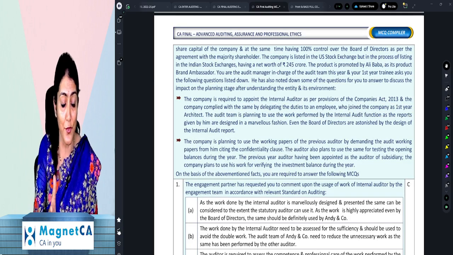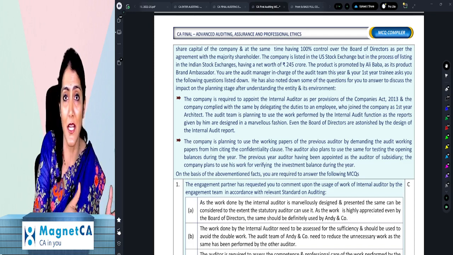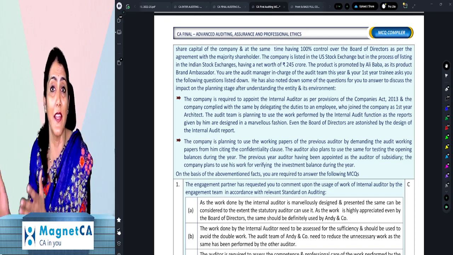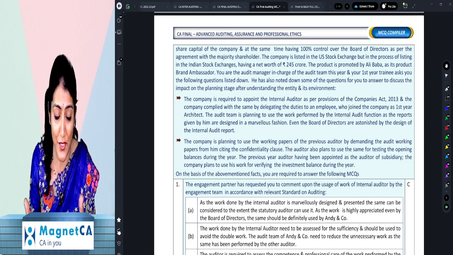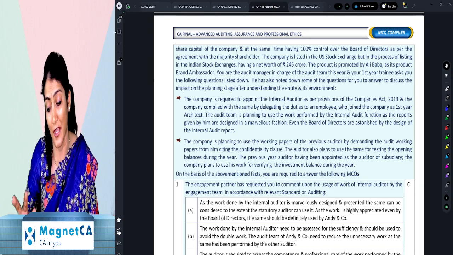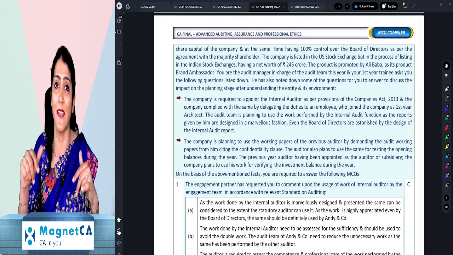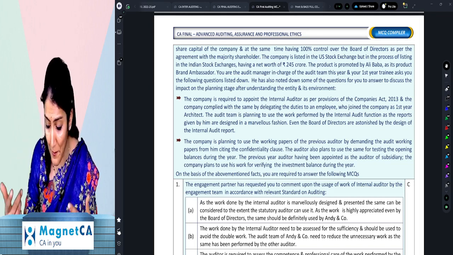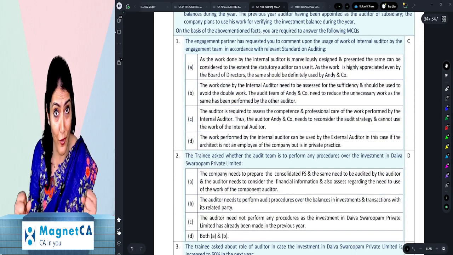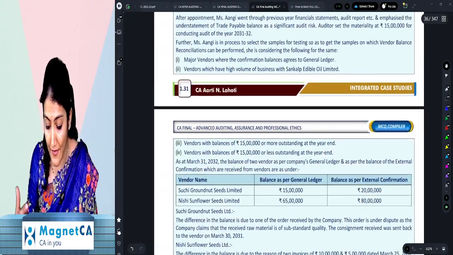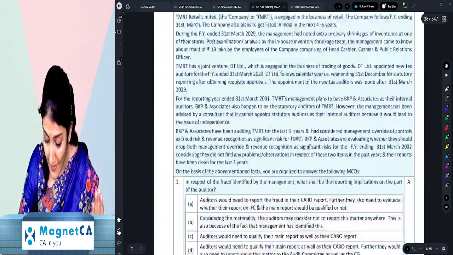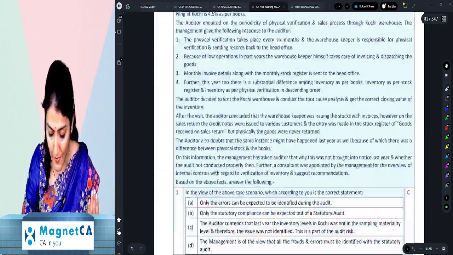I tell my students, either you need to know the one correct answer, or you need to know the three wrong answers, or generally we fall in a 50-50 situation wherein we say these two certainly not, but out of these two, one of them is the answer. As and when we practice, we certainly become more confident and more sure about our judgment and decision making, and that gives us the good skill set for solving MCQs in the exam.